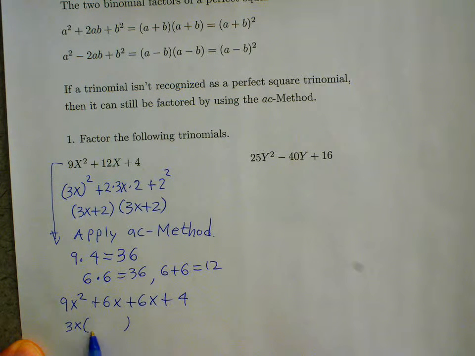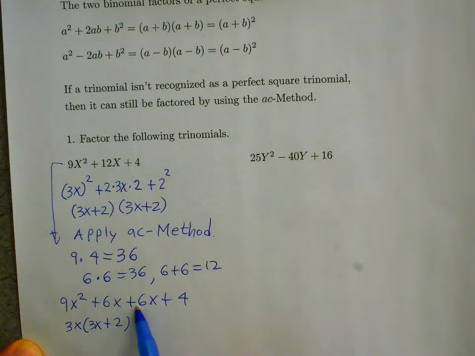And then the first term in the binomial can be found if you divide 9x squared by 3x, and that's 3x. Then the second term, divide plus 6x by 3x, that's plus 2. Bring down the middle operator of addition, and then